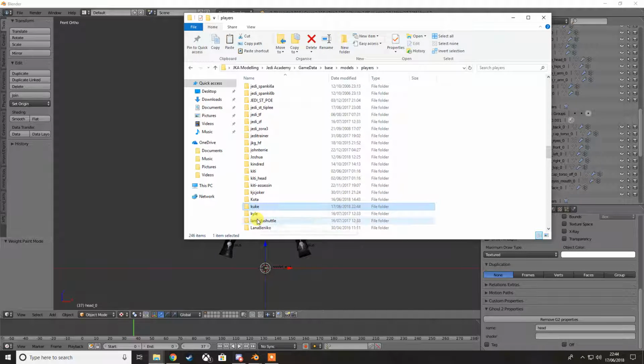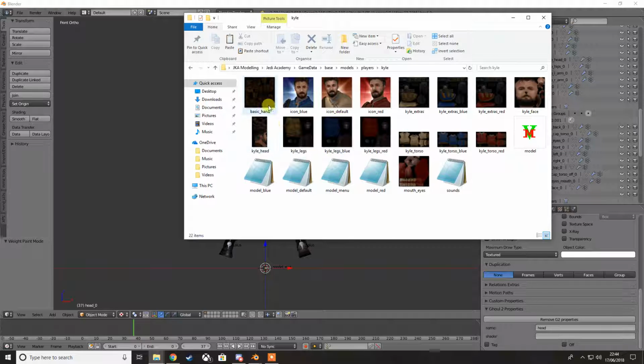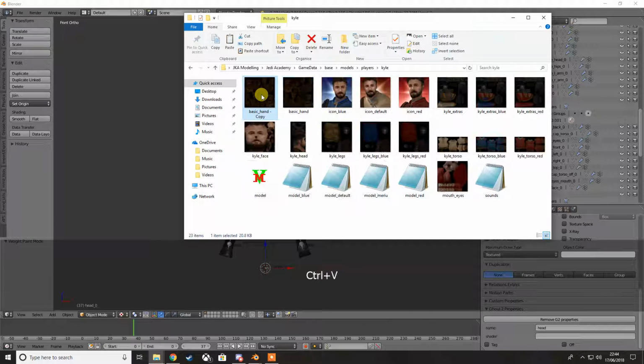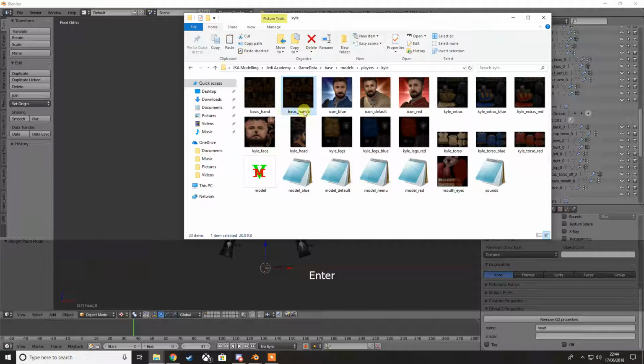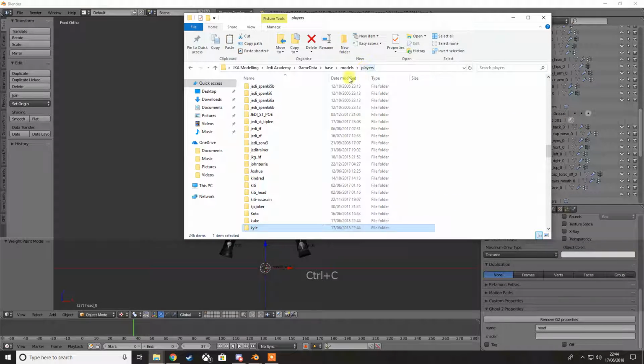And then I'm going to quickly go to Kyle. One thing I did was I renamed one of the texture files in the skin file. So I'm going to call this basic hand B, which is what I called it in there. Going to get that. And the head parts, I don't need the mouth and eyes because they're the same as Luke's. I'm going to copy them,